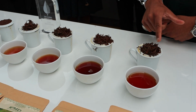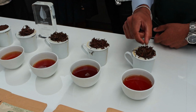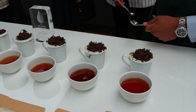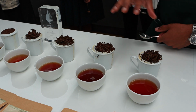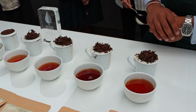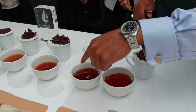And here, the reason why this one is so different to these two is due to the fact that this leaf style is known as orange pekoe. So Ceylon is famous for its orange pekoes. Yep. But this is a very different type of orange pekoe, because a lot of the orange pekoes that people would have tasted in yesteryear would come from the high-grown sector. This is a low-grown orange pekoe, which is why that cup color too is much lighter